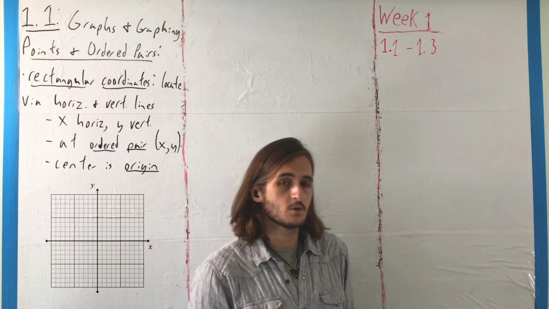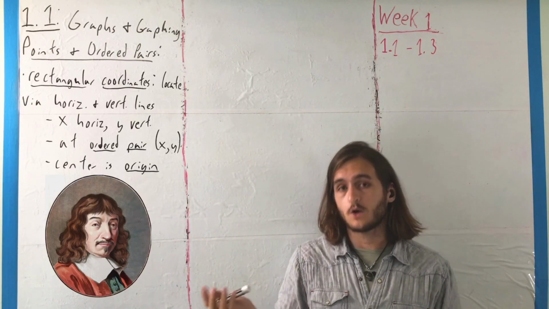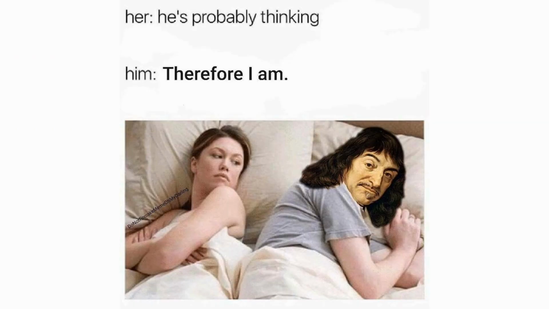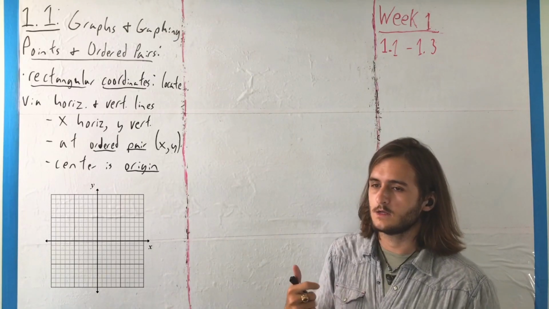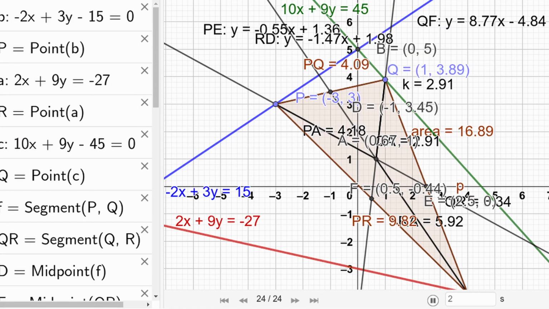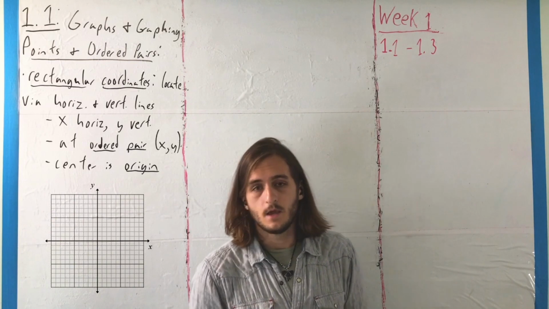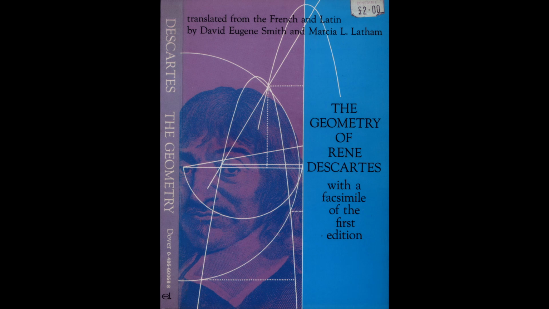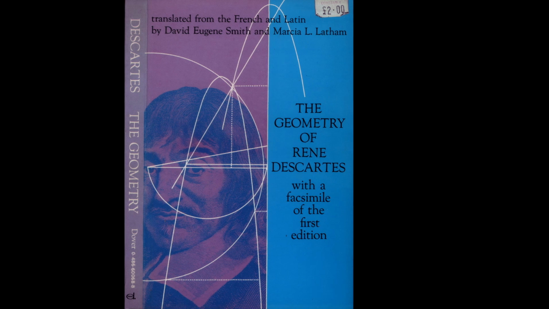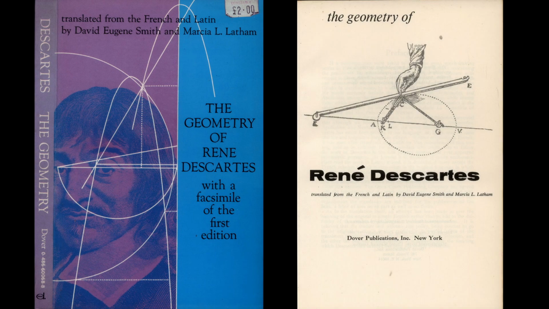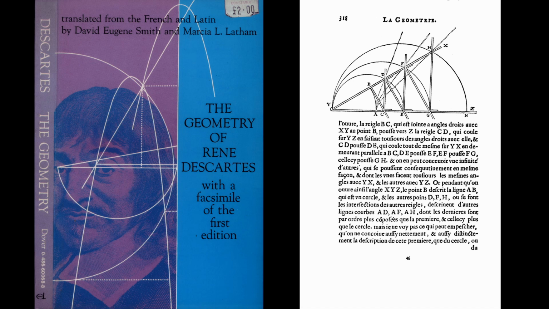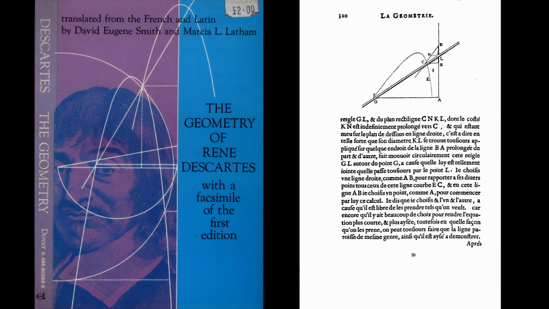Well, originally is a bit of a strong word, but the man who's given credit for it, René Descartes, who, when he wasn't busy looking like he should be chasing Peter Pan or making us question the nature of our very existence, was actually best known for his work in a field that would become analytic geometry in the 17th century in France. In particular, in his time working on La Géométrie. As I know, French philosophers, they tend to be a little bit presumptive with their naming conventions. He designed what would become what we call, at least in this class, the rectangular coordinate scheme in terms of those x and y values.